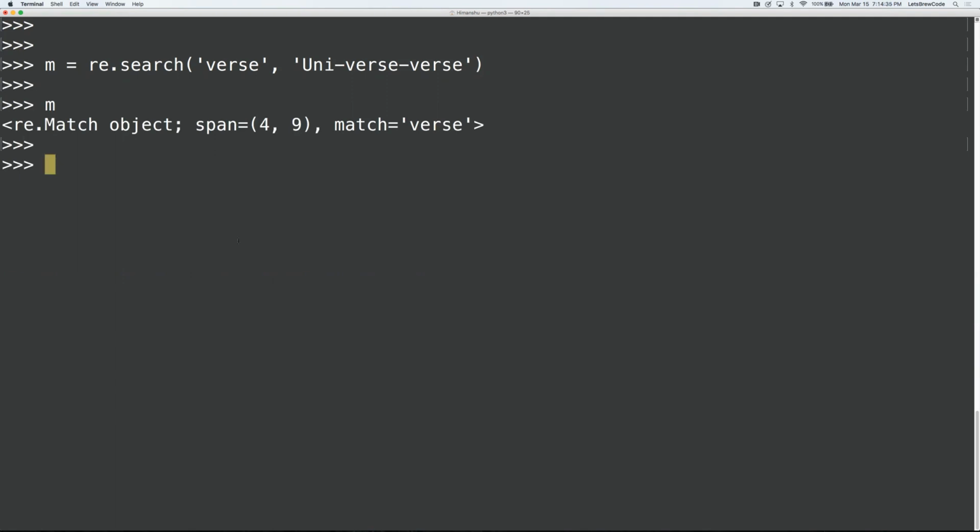It starts at the index number 4 and it ends at the index number 9. So if you do m.group, the group will tell you the pattern that you have found here. The difference between